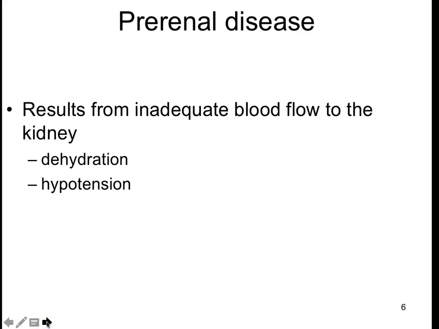Okay, so having said all that, the first we're going to tackle is pre-renal. Can there be events that happen before the kidney that affect the function of the kidney? And the answer is yes. Dehydration or hypotension, you could put hemorrhage down here as well. This has to do with the fact that if you have a sudden decrease in blood volume and blood pressure, you're not going to be able to filter